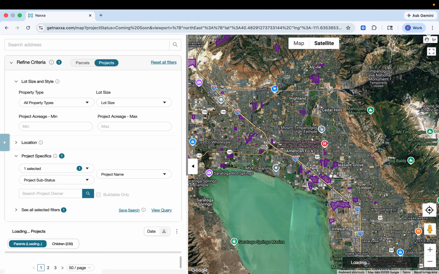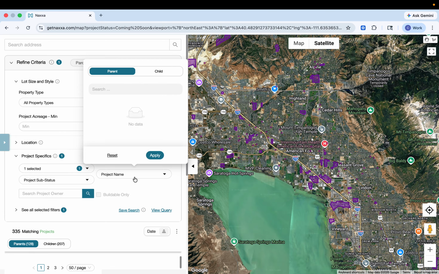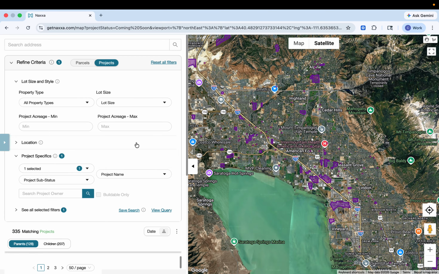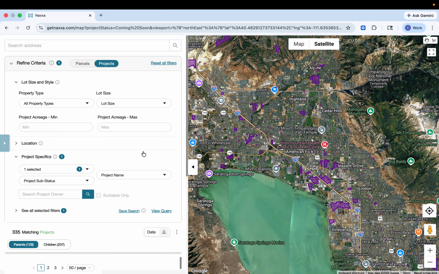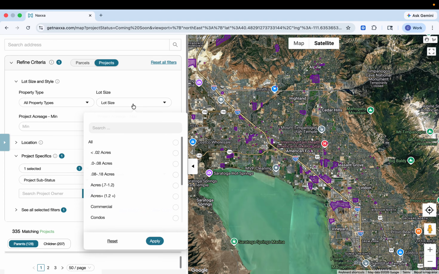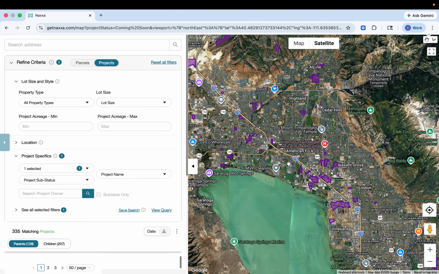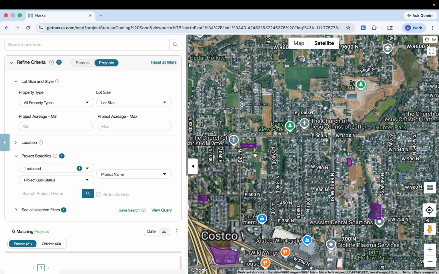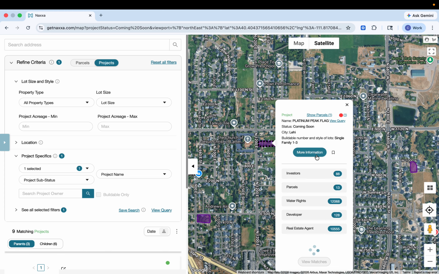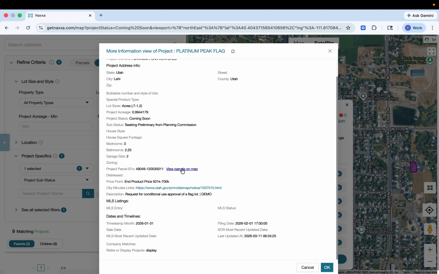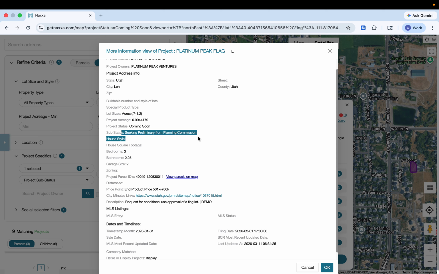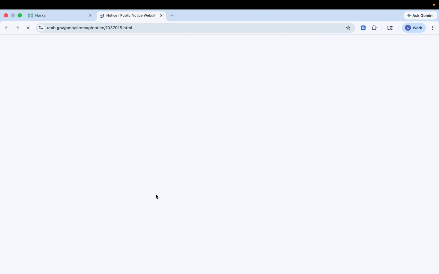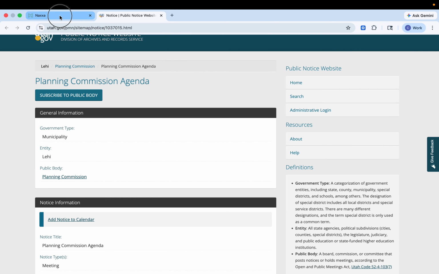So you can filter by project name. So if you're aware of a project that you just want to look up and see, you can do it that way. I can filter by lot size. And then if you click on one of these, I just want to show one as an example. Sometimes, so like this one, it's seeking preliminary from planning commission. It looks like it's a request for conditional use approval of a flag lot. Okay. And then I can click this link and it takes me to the city minutes,